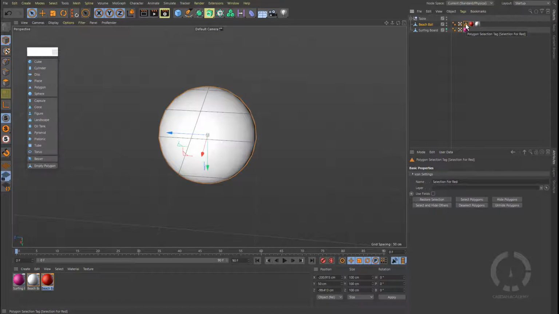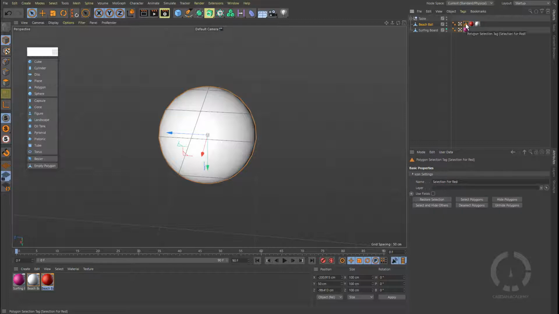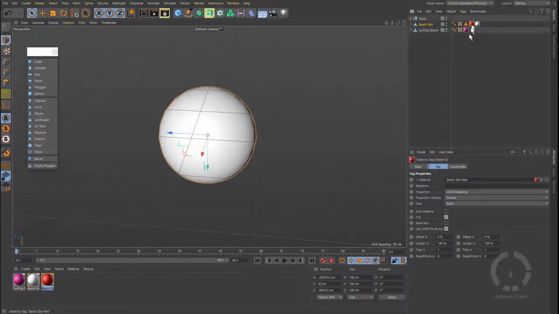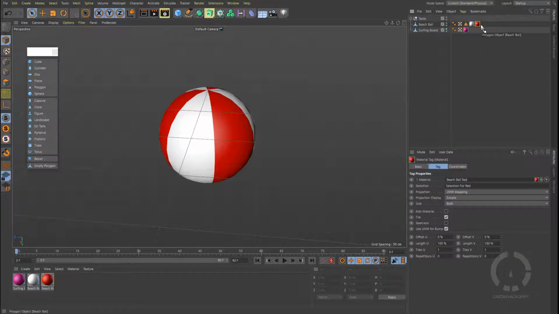So I want to take this red, and white is going to be the main, and this is going to be my selection. So what I want now is to take this material tag, and in here you can see that there is an option called selection, where I can bring this selection tag and place it right in here. Now you can see that right away there's nothing happening in here. If I take this red and place it after that, now you can see the magic happening. All right, so